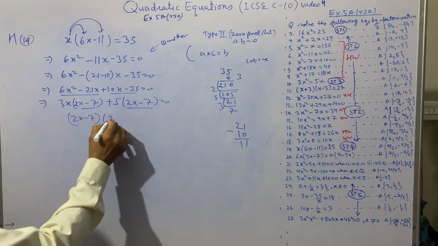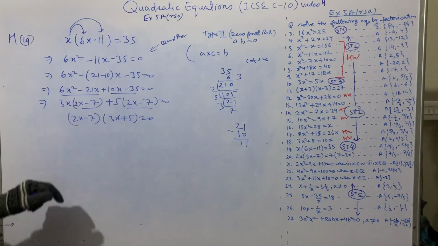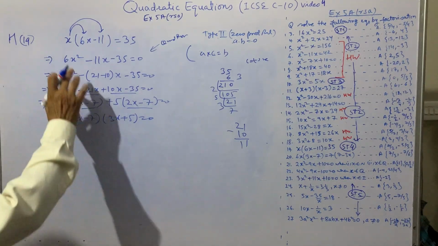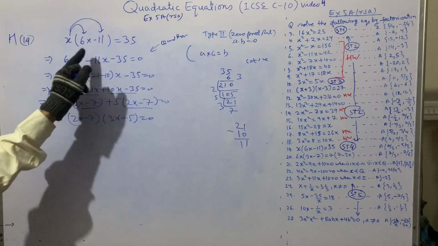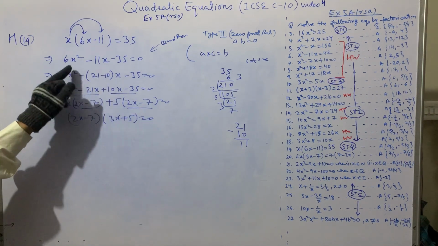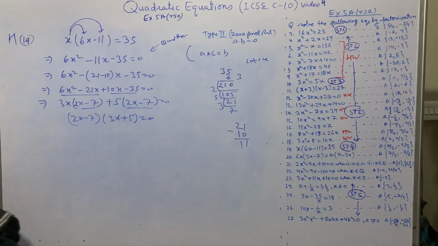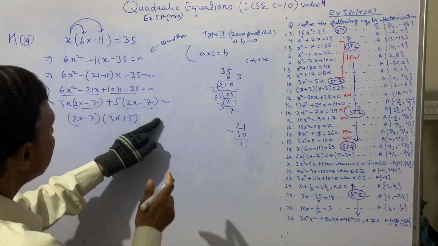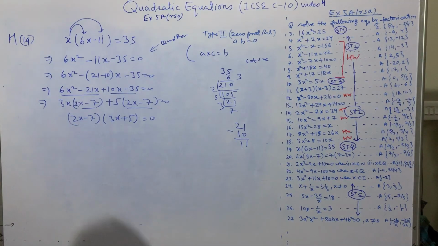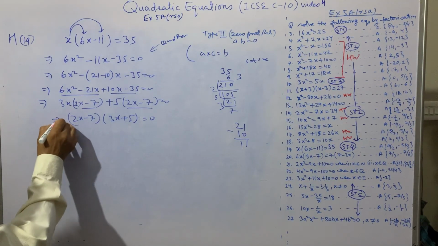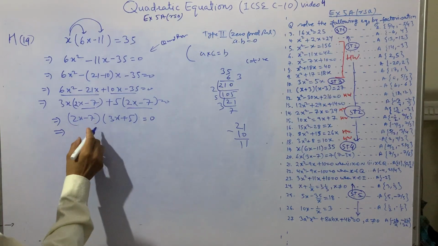2x माइनस 7, दूसरा आया 3x प्लस 5 इज इक्वल टू 0, ठीक है। तो ये समझ में आ रहा है, ये a है, ये b है, लेकिन ये 0 नहीं है, तो हम इसको क्या करेंगे, पहले ओपनिंग द ब्रैकेट करके इसको क्वाड्रेटिक में कन्वर्ट करेंगे, क्वाड्रेटिक से फिर दोबारा हमने इसको बनाया, a डॉट b इज इक्वल टू 0, अब ये a डॉट b इज इक्वल टू 0 फॉर्म में आ गया। अब हम इसमें जीरो प्रोडक्ट रूल लगा सकते हैं।